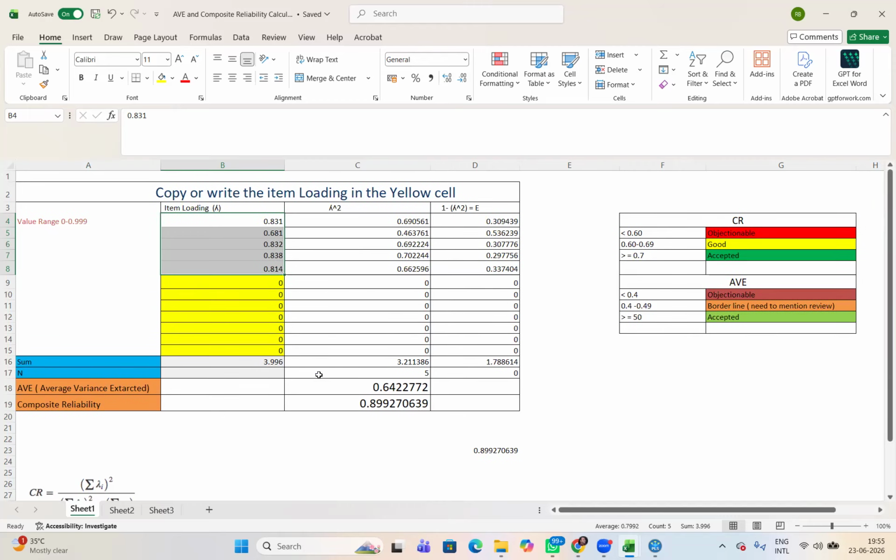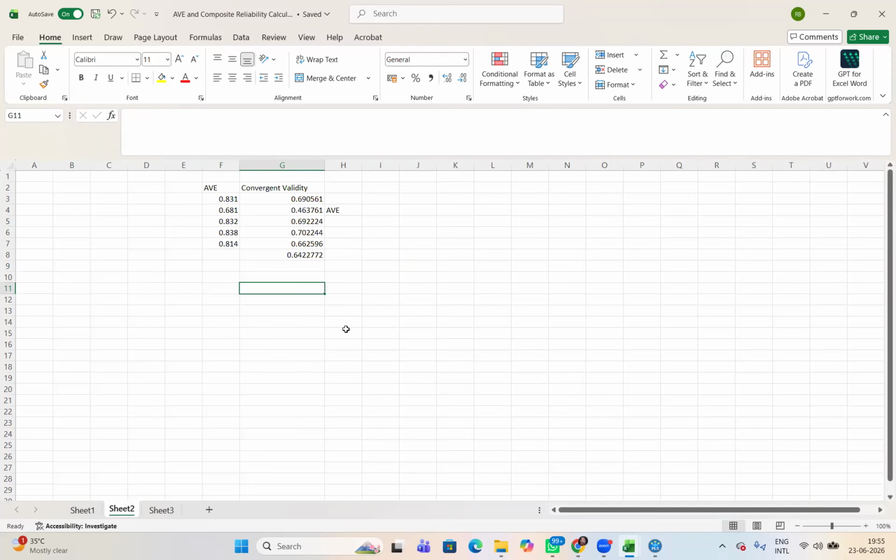Okay. One twist is there. Now suppose these are the loadings. These are more than 0.7.